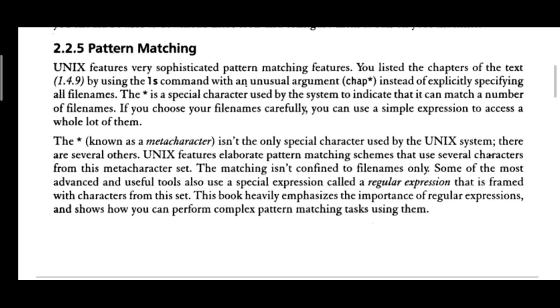The asterisk symbol is a meta character, used for pattern matching. This asterisk represents: look for all file names that start with chap, the first 4 letters. Later it can be anything.